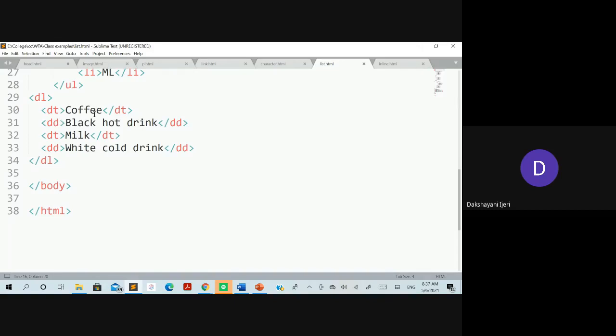So you can see here coffee has been added with the element dt, which you need to close there itself. To this coffee you need to add the definition, that is the description, which needs to be done with the dd element here. So add the description and you can close it there itself.